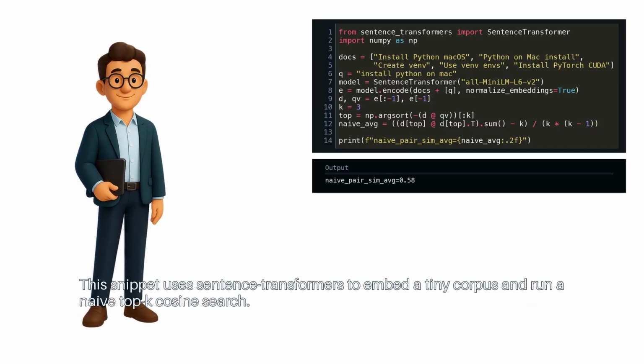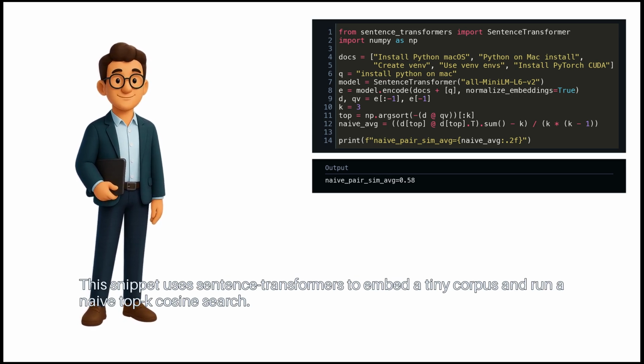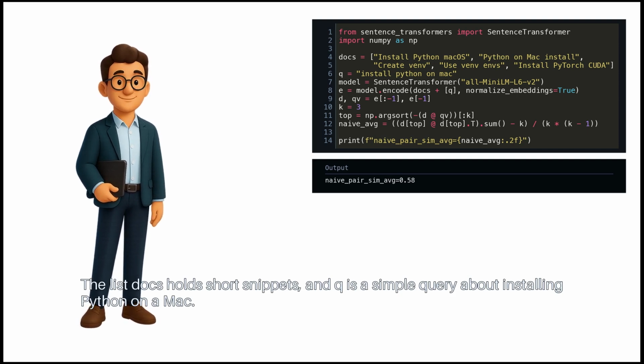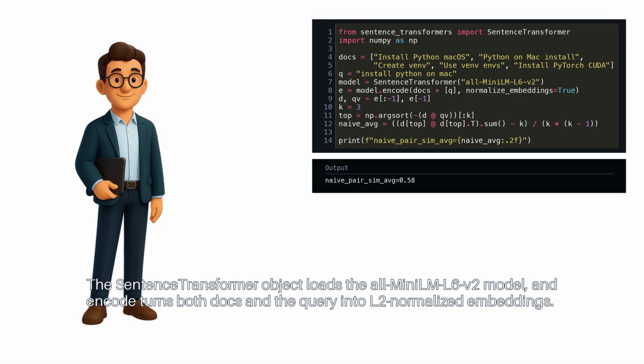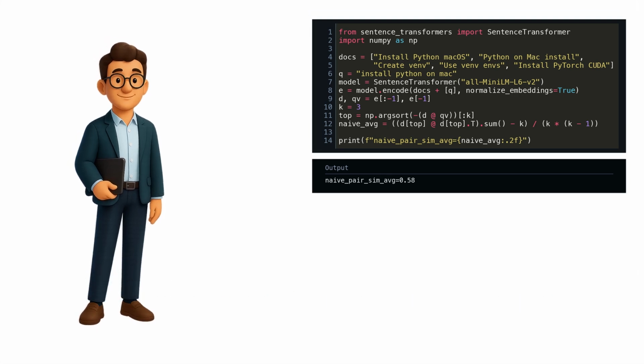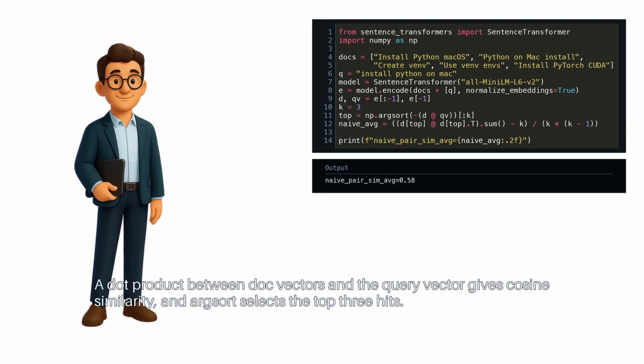This snippet uses sentence transformers to embed a tiny corpus and run a naive top K cosine search. The list docs holds short snippets, and Q is a simple query about installing Python on a Mac. The SentenceTransformer object loads the all-MiniLM-L6-v2 model, and in code turns both docs and the query into L2 normalized embeddings. A dot product between doc vectors and the query vector gives cosine similarity, and argsort selects